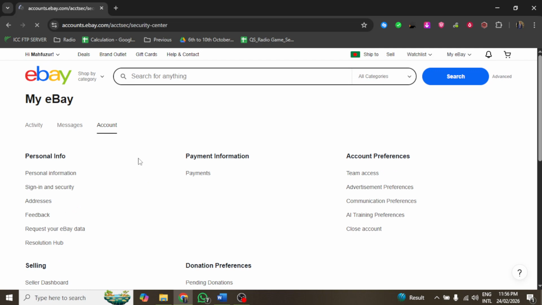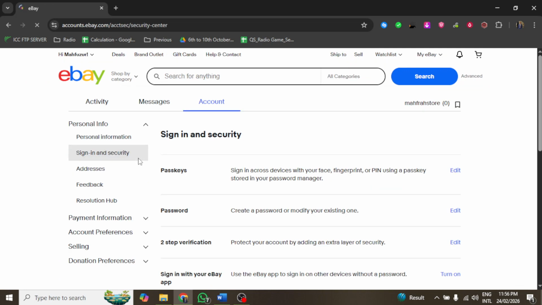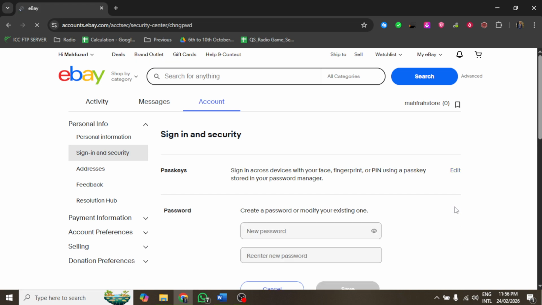From here, move your cursor to the top left corner to find the main menu. Look for the option labeled My eBay and hover over it. A drop-down menu will appear where you should select account. This action will take you to the account settings section, which contains various options related to your profile and security